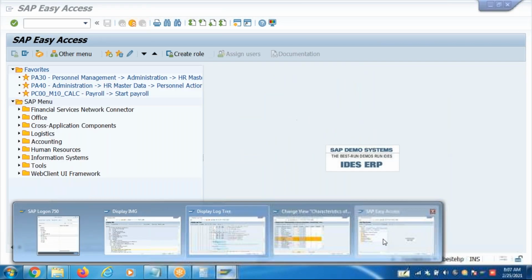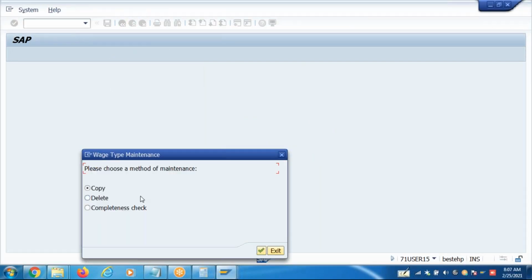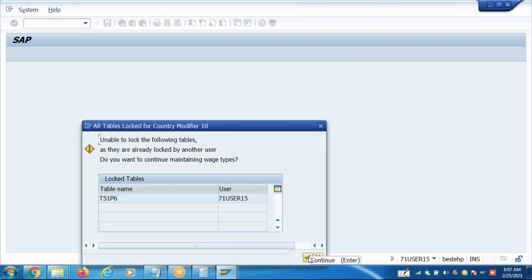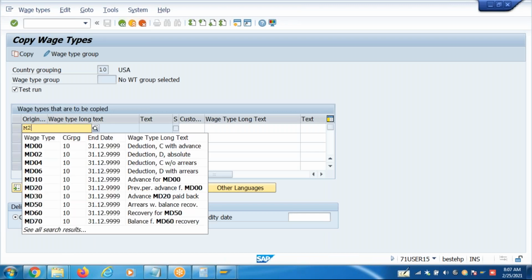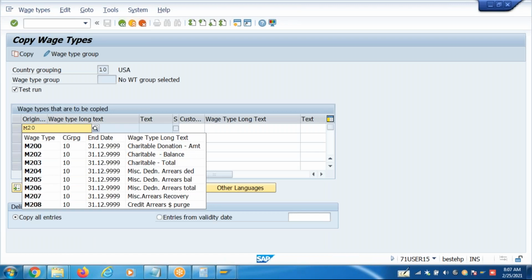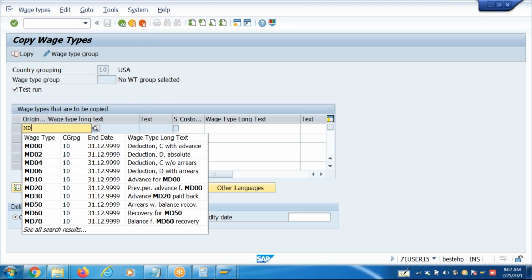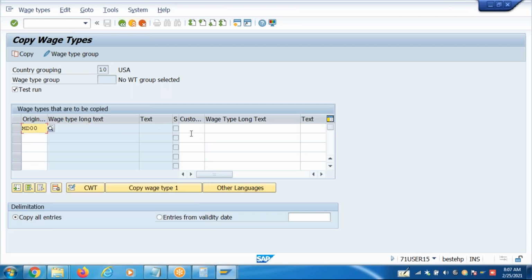Go to PU30, copy the wage type, any deduction wage type. That's okay. M200 here. Or take MD. No, 1D14, 13.